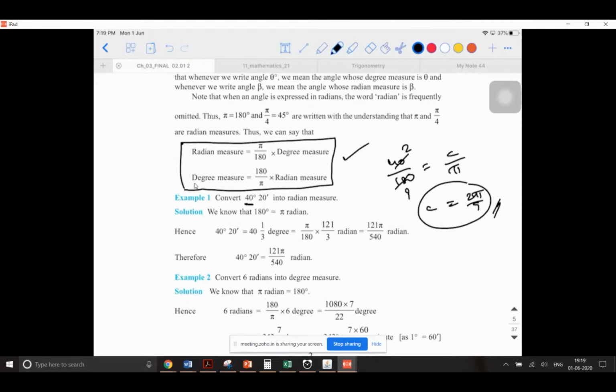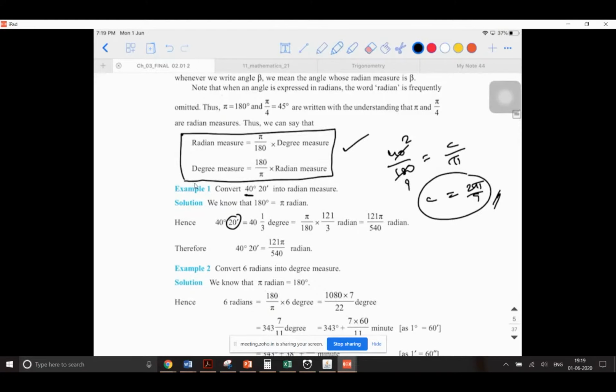Now, whenever this minute gets added, how you are supposed to solve is first convert that minute into degree. Always start from right to left. I'm repeating it. Always start this way whenever you have minutes and seconds involved. If suppose seconds is there, first convert seconds into minutes, then convert minutes into degrees. I'll tell you how to do it. Not a big deal. So just concentrate.